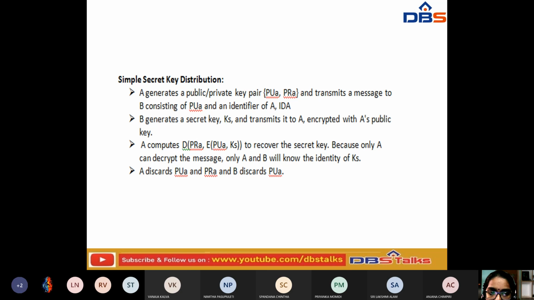Now observe the simple secret key distribution, how we distribute a simple secret key. Suppose A is the sender and B is the receiver.